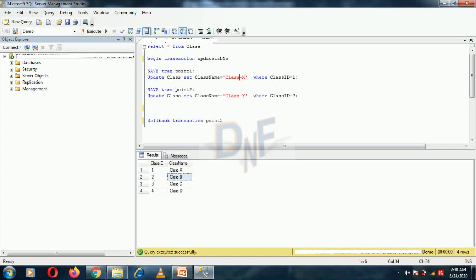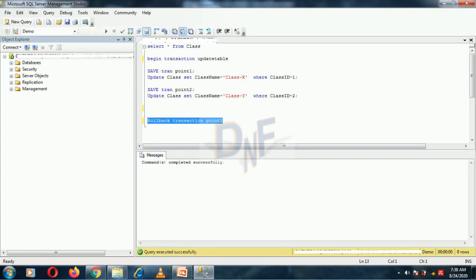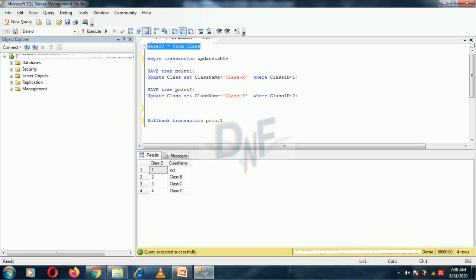And the same thing we can do with save point 1. For example, I put save point 1, execute it and select. The first update also rolled back. So by using the save point, we can roll back a particular area of our transaction, not our entire transaction. This is the main advantage of the save point. Save points are basically used for large statements and large logic, like logic spanning 15 rows or 100 rows. Then the save point plays a very significant role in such a transaction.